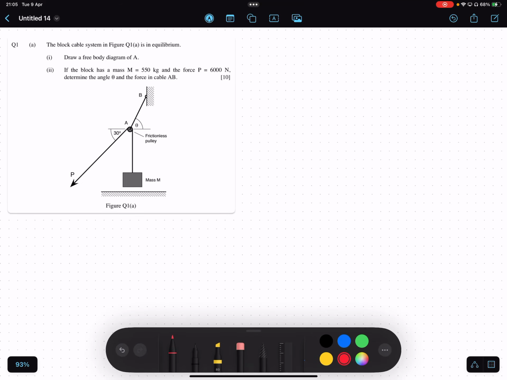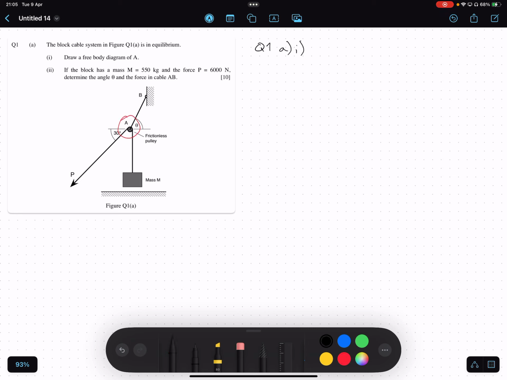In this video, we will be going over a block and cable system as shown in figure Q1A. The first part of the question is asking us to draw a free body diagram of the system shown in A, so let's go ahead and do that. So question Q1A, part I. As we're being asked to draw a free body diagram of A, which is this part here, let's